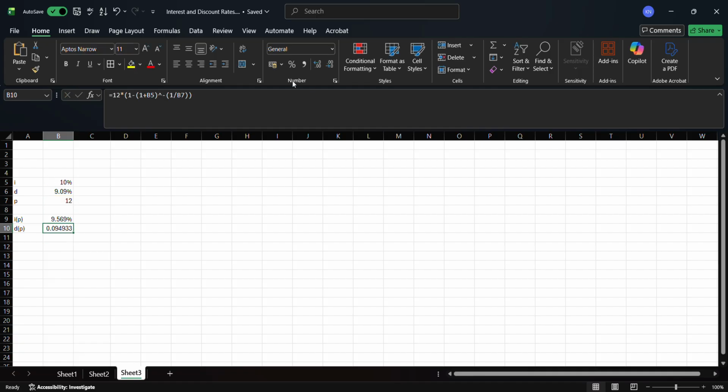And that's your nominal discount rate. Before I explain the nominal discount rate and interest rates convertible piecewise, I find it easier after